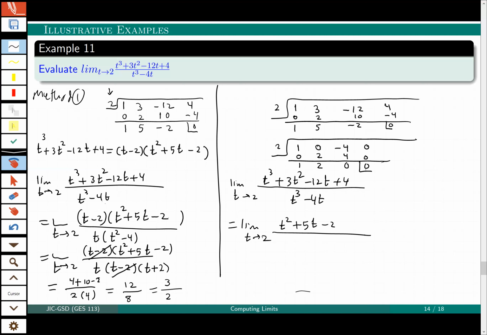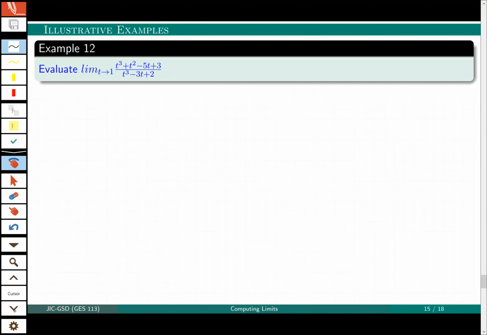When you lower it 1 degree, it was degree 3, it becomes degree 2, so it will be t squared plus 2t plus 0. Now, when you replace 2, you will get 4 plus 10 minus 2 over 4 plus 4, which is again 12 over 8, which divided by 4 is 3. Divided by 4, you will get 2. Actually, it's the same idea, but repeated in 2 different ways. Same thing here. We will say I have